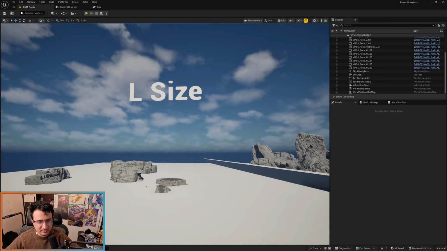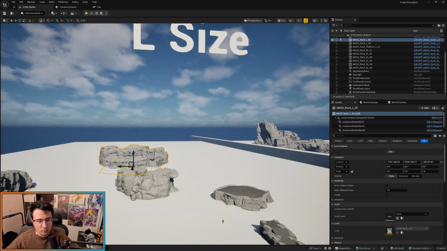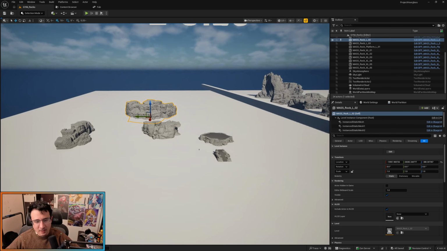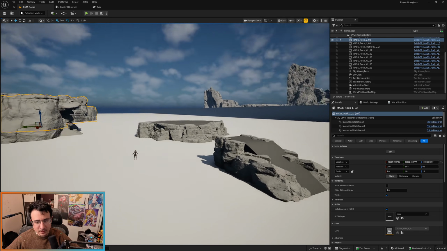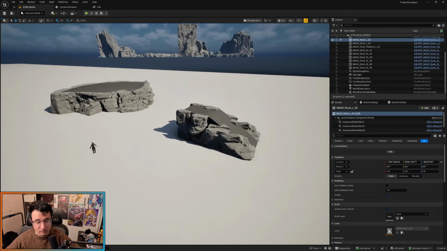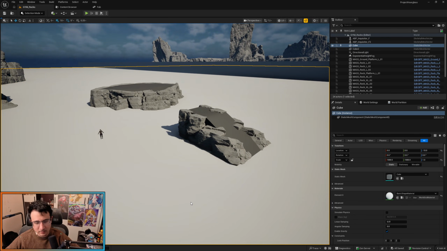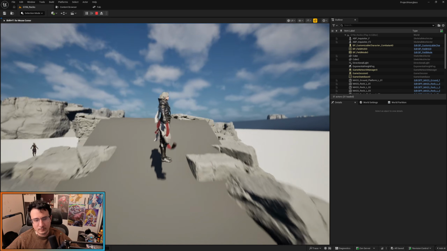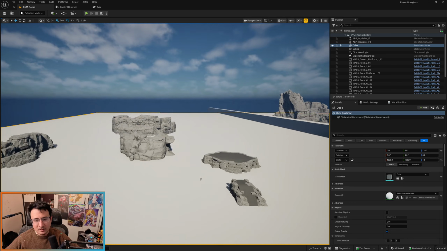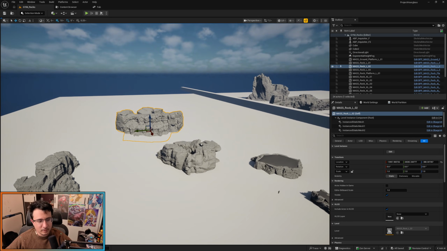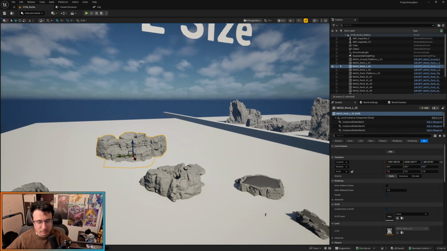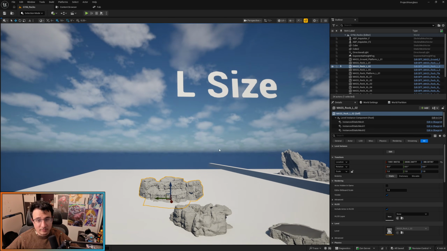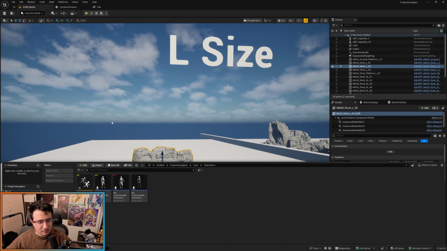Then we have the L size. L size most likely won't be loaded all the time. So this is really like, have some platforms, something like this. You can just go here and play with this. These are all very, very basic stuff, right? So you have your size, and what the size means is